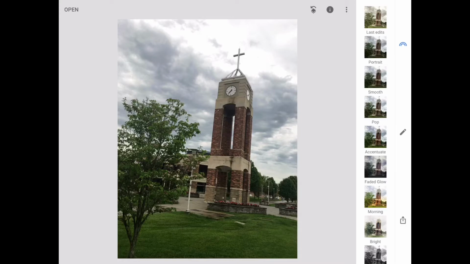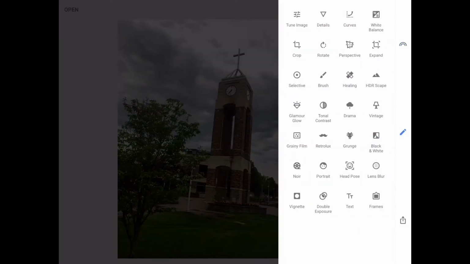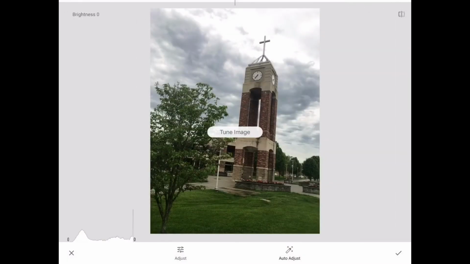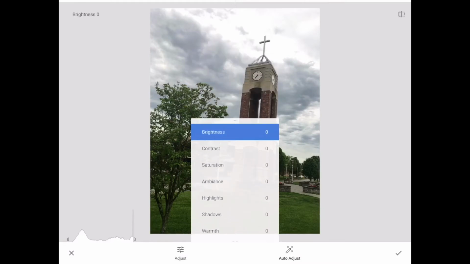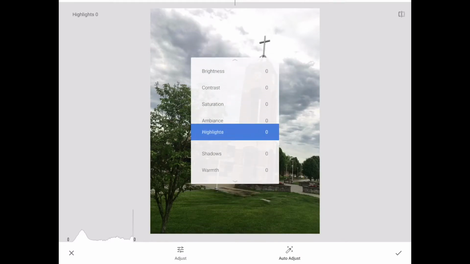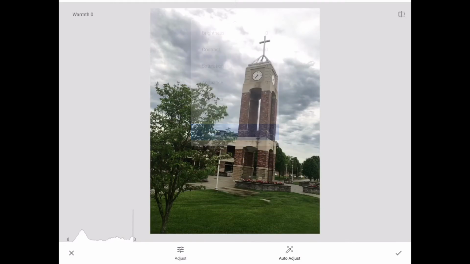So if you hit the little pen on the side, it will bring up all of the different tools, and as you can see, there are lots of them. You can tune the image, so when you do that, it's going to give you everything from, and I'm just clicking and moving up and down on the picture, brightness, contrast, saturation, all the way down to the warmth. If you want to warm up the picture a little bit,